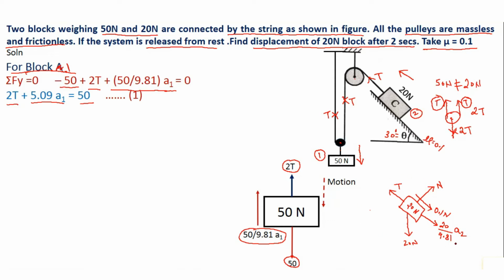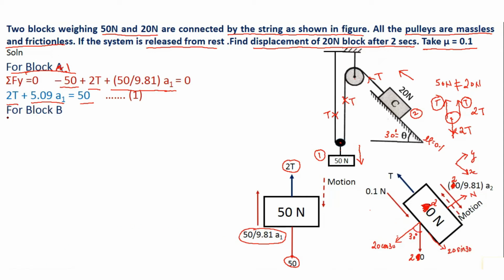Now we can apply conditions of equilibrium, but before that all the forces should be either in x or in y. So if I consider this as my coordinate system, in which this will be x and this will be y, the only inclined force is this 20 Newton. Resolving it, I will get these two components, and as the angle is given to us as 30 degree, this angle will also be 30 degree. So this will be 20 cos 30 and this will be 20 sin 30. With this we have completed the entire free body diagram, and now we can apply conditions of equilibrium for this block. So let us start with that.